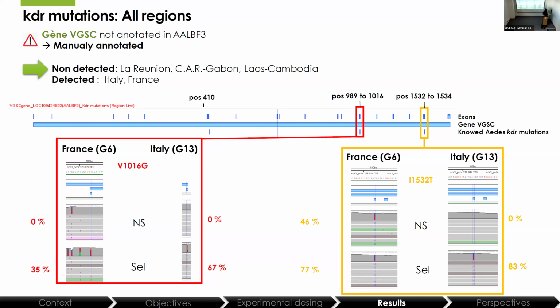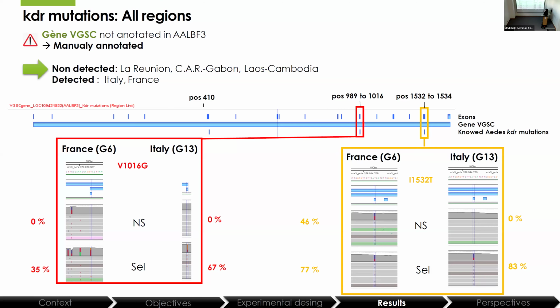And then we searched for non-synonymous mutations in Aedes mosquitoes. And we detected nothing in La Réunion, in Africa, and in Asia. But in Europe, in Italy and France, we detected the V1016G mutation and the